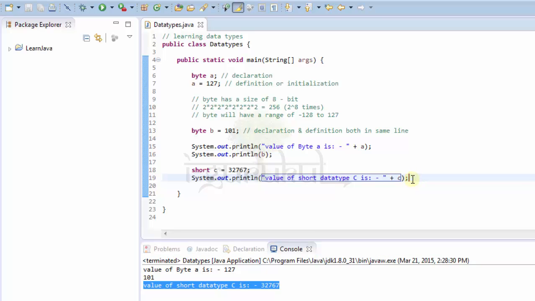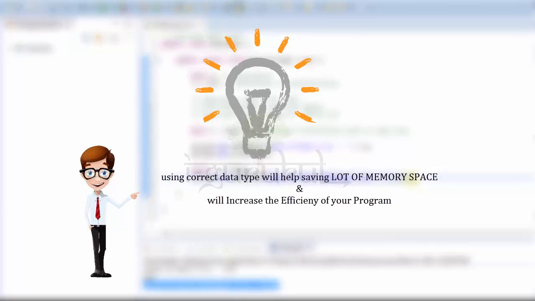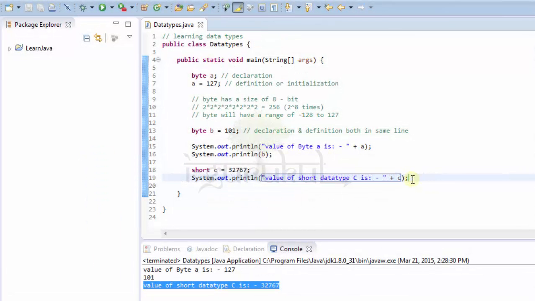So similarly, you can test the output with integer and long data type. Right now you are learning data types, but the one thing you must know about data type is which data type to use to store which kind of value. Suppose I need to store a value less than 100, I will be using a byte data type. Suppose I need to store the mobile number, so what will I do? I will use a long data type because that will contain the range of my total mobile numbers. So that's how you are gonna select your data types. You must be particular about that because it will help you save the memory.